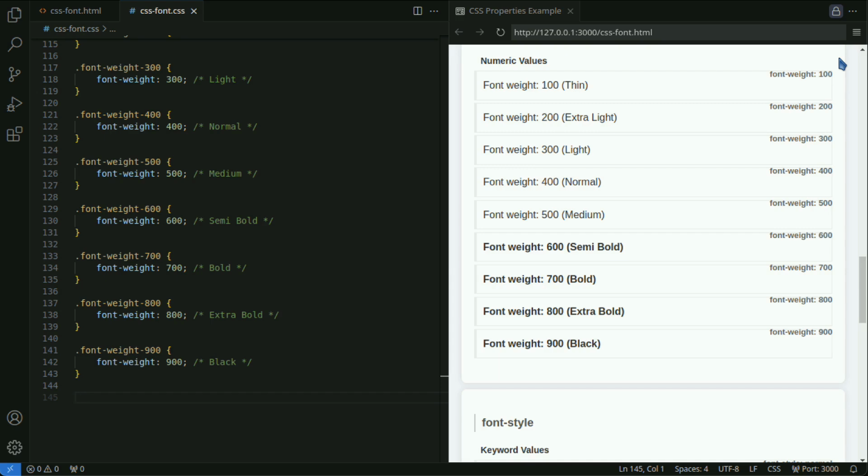Standard text usually uses 400, normal. For headings or emphasized parts, it is common to use 700, bold. Depending on the design, intermediate weights like 500 or 600 may also be used to avoid overemphasis.